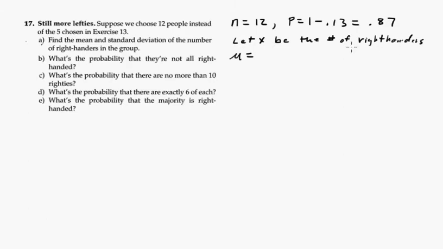You could say selected or whatever. So let's see, the expected value of X is just n times p. So that's just going to be 12 times 0.87, and I believe that's going to be